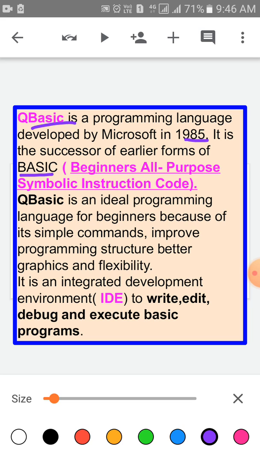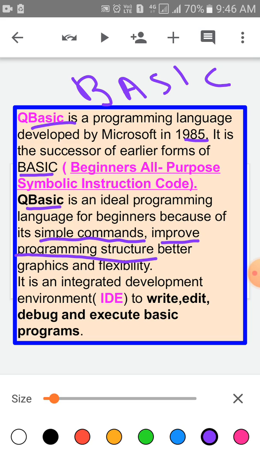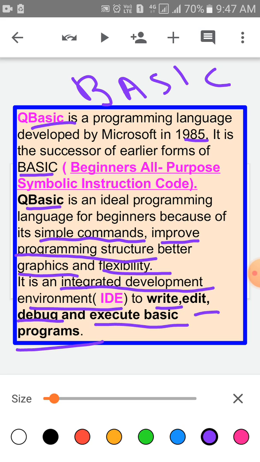This is the full form of BASIC. QBasic is an ideal programming language for beginners because of its simple commands, improved programming structure, better graphics and flexibility. Children, it is an integrated development environment, IDE, to write, edit, debug and execute BASIC programs.